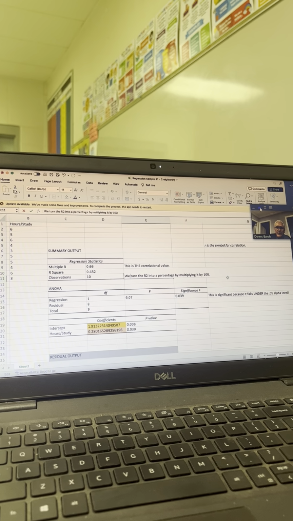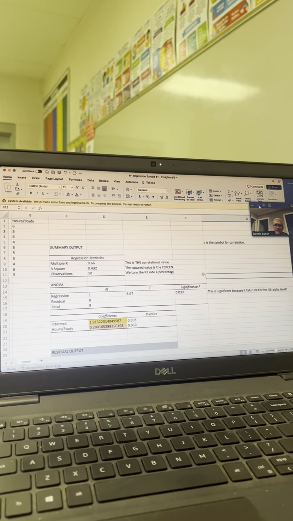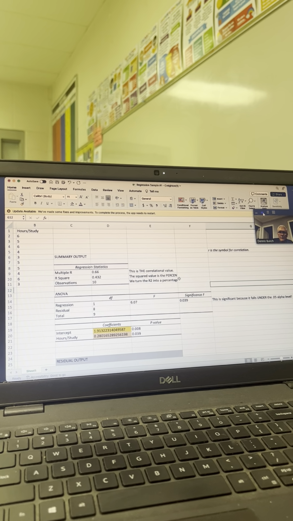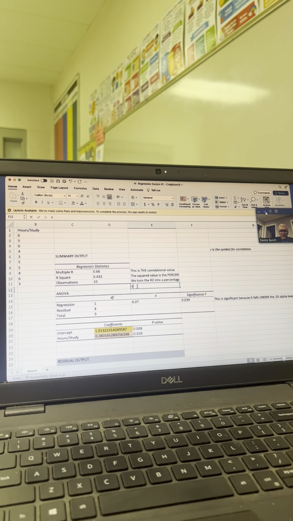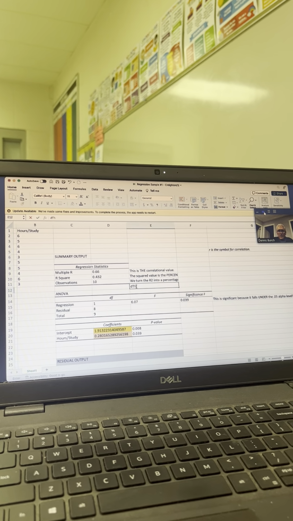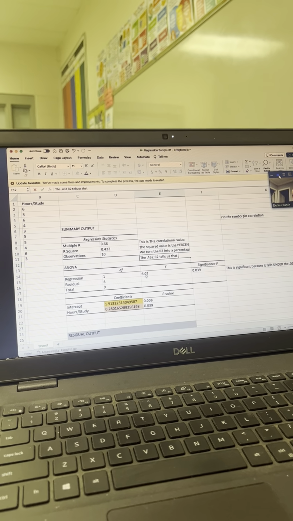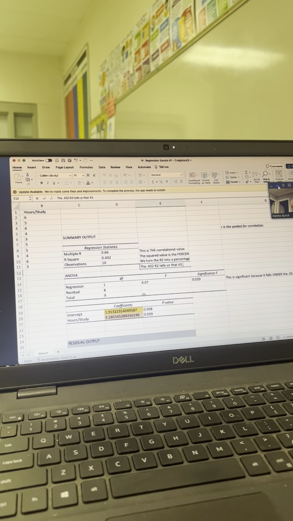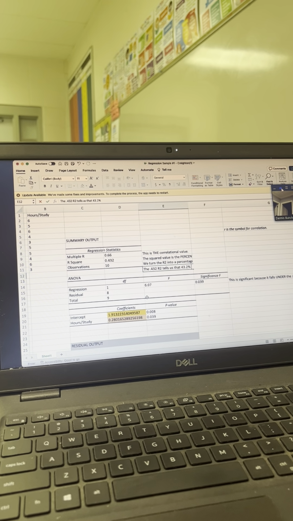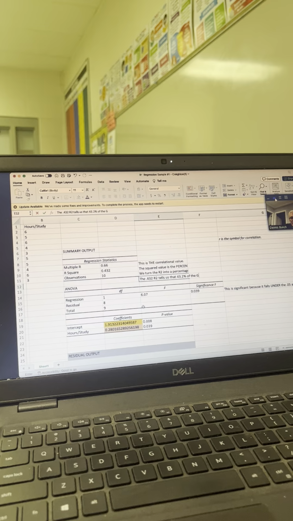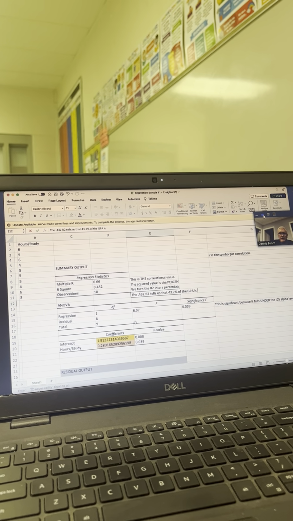So this is really telling us now, 0.432 R squared tells us that 43.2% of the GPA is